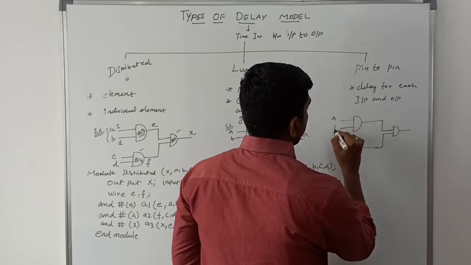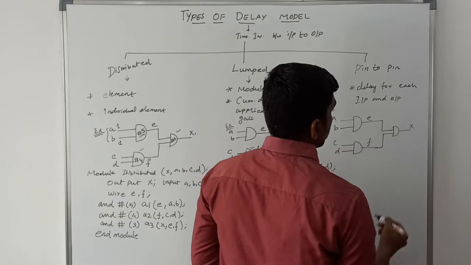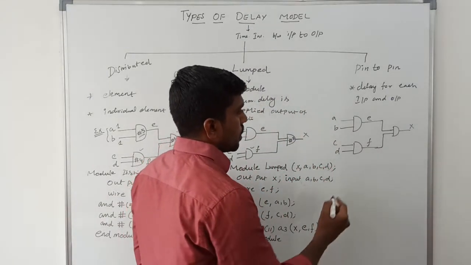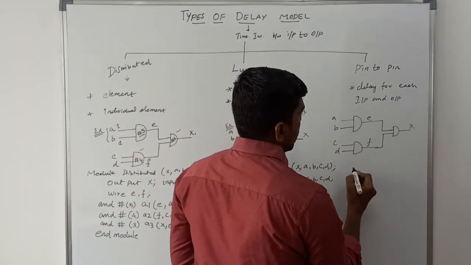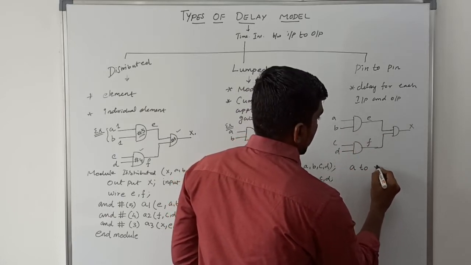Inputs are A, B, C, D. E and F are wires. Output is X. Now the declaration of delay: A to E,